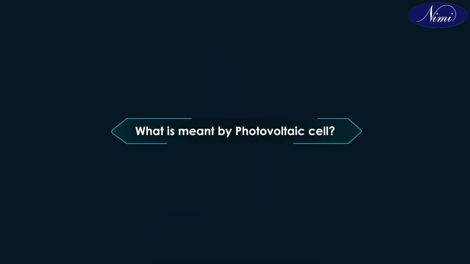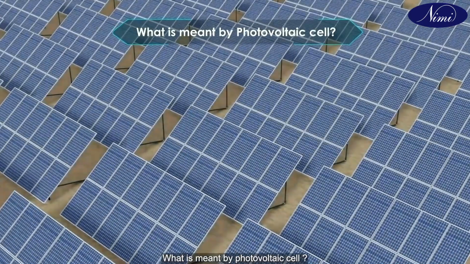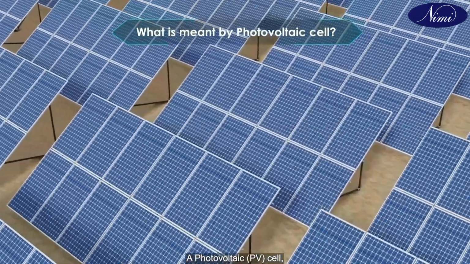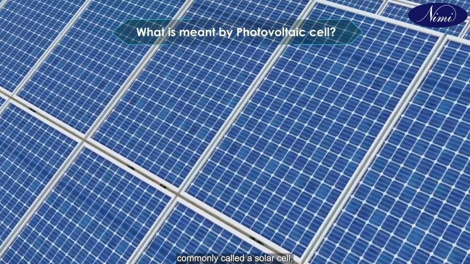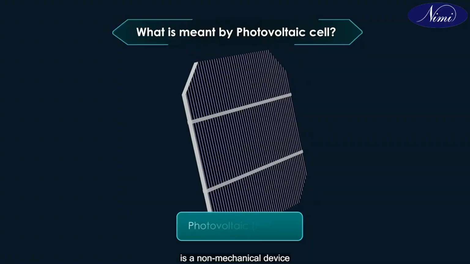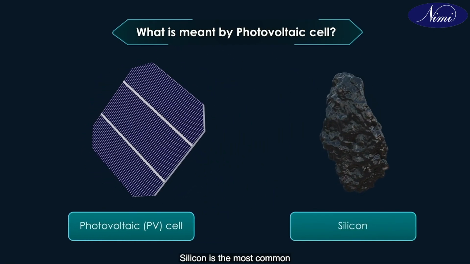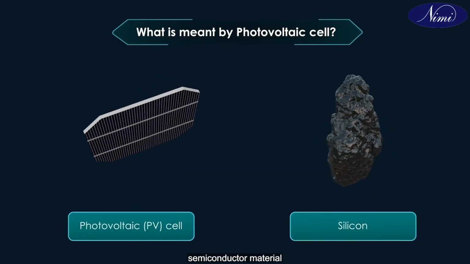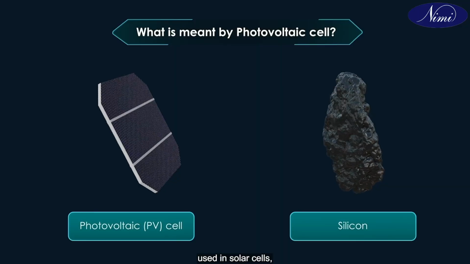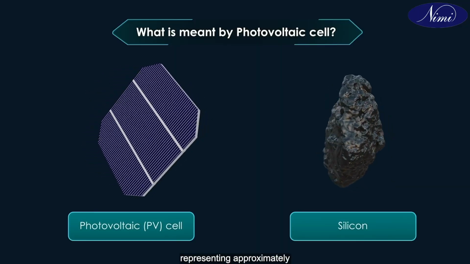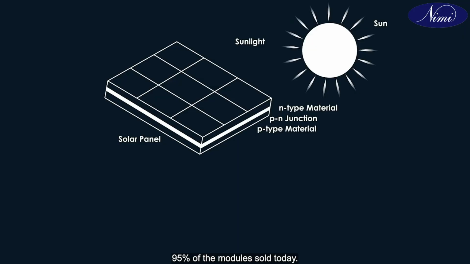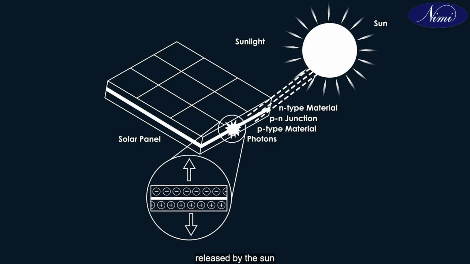What is meant by photovoltaic cell? A photovoltaic cell, commonly called a solar cell, is a non-mechanical device that converts sunlight directly into electricity. Silicon is the most common semiconductor material used in solar cells, representing approximately 95% of the modules sold today. A semiconductor substance is used in a photovoltaic cell to capture photons released by the sun and convert them into